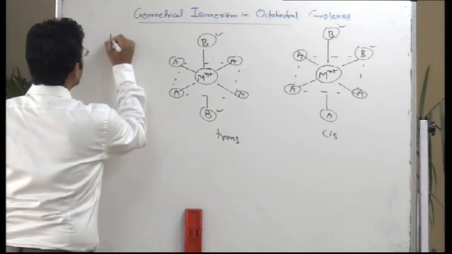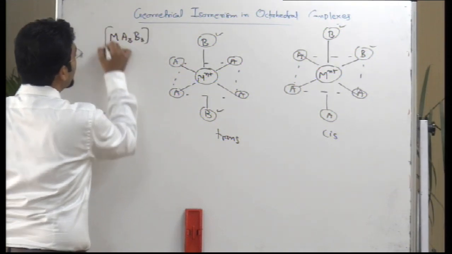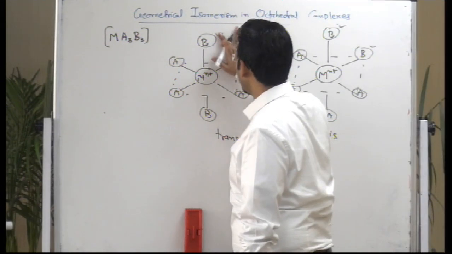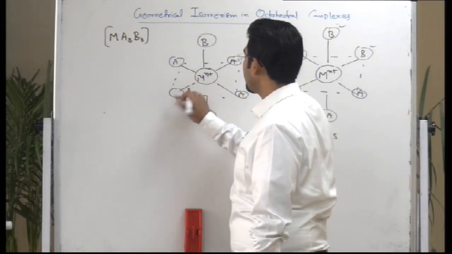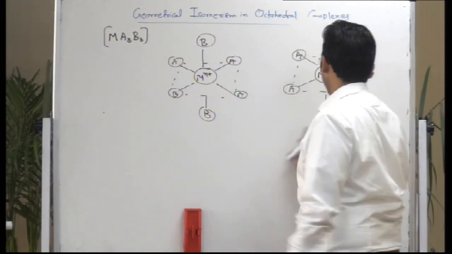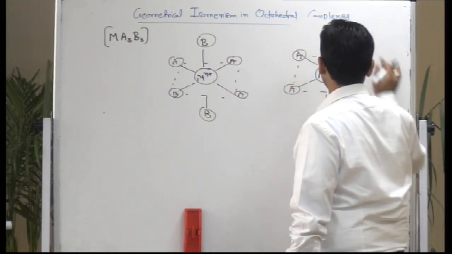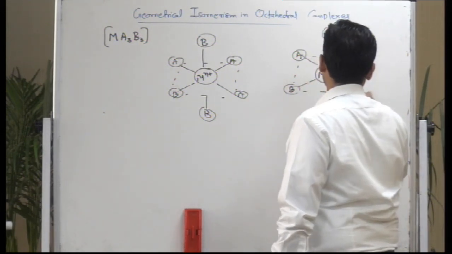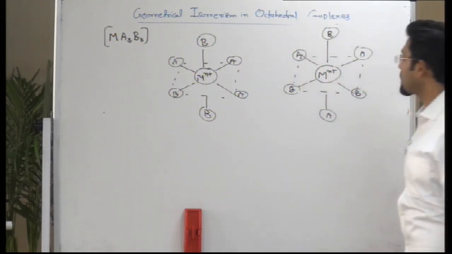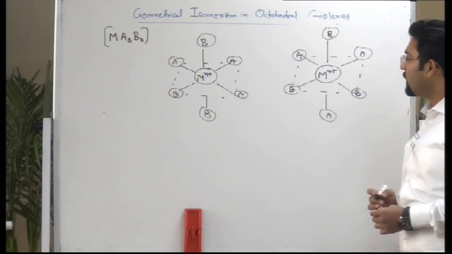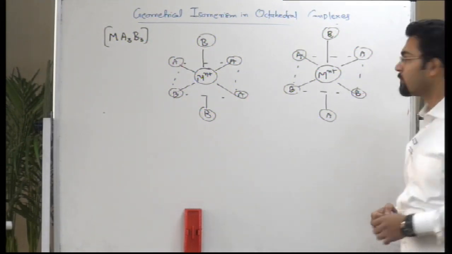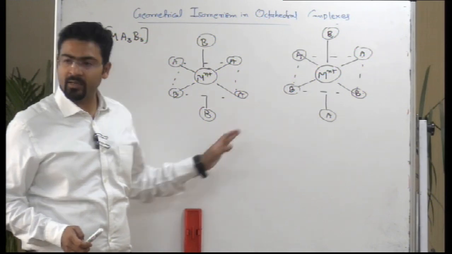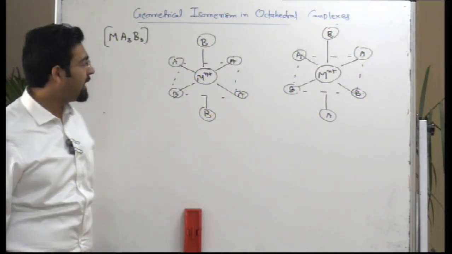Right? Now let's look at the MA3B3 type. When you have two kinds of monodentate ligand, 3 of one kind and 3 of another, two kinds of geometries will be observed. One is, for example, this one, and another is of this kind, right? For some it may appear that it is also cis and trans, because people try to find cis and trans everywhere, though it's not the case. These are actually geometrical isomers, but not named cis and trans, but named as,